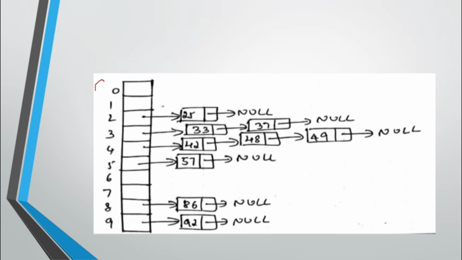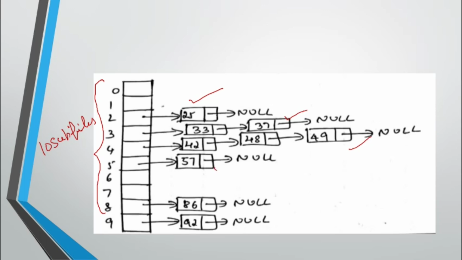So these are the subfiles now. These are the 10 subfiles we have created from 0 to 9. Now you need to write the numbers in this way, students. So 25, it was there in 2. Now you see, students, in 3 there were two numbers, that is 33 and 37. So you need to write it in order, 33 and 37. Then 4. There were three numbers, 42, 48 and 49. You need to write it this way. 42 will link to 48, 48 will link to 49. Then at the end everything will link to null, because after that there is no element.